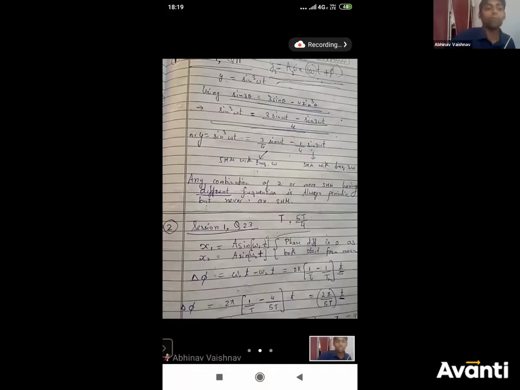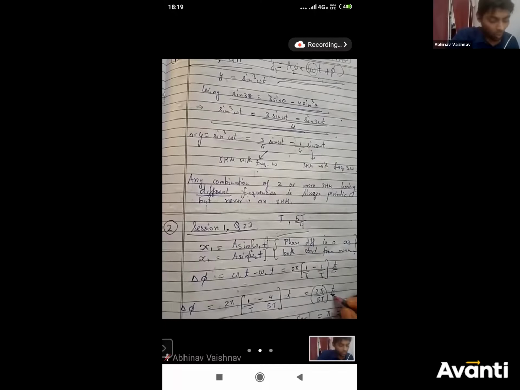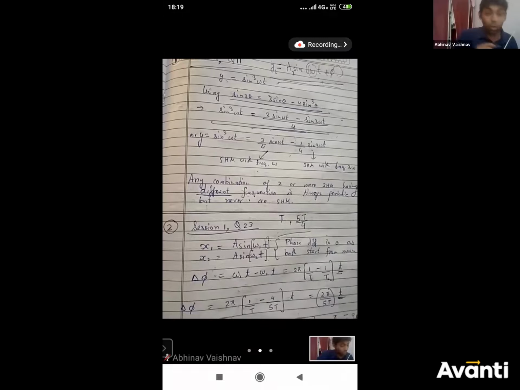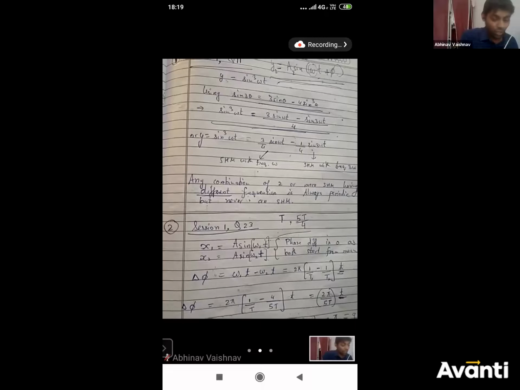Small t is the time for which the object is in motion, right? So that is what small t is. It is the time for which the object is in motion. So now the question is asking, at what time do we have to find the phase difference? We have to find the phase difference when the